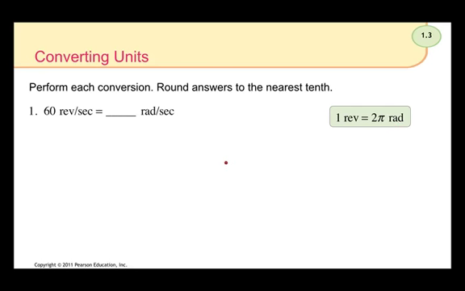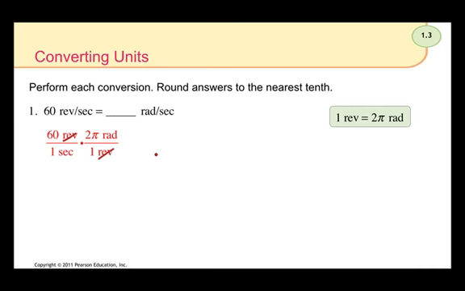So now I'm going to express this as a ratio, 60 revolutions over 1 second. And my goal is to change revolutions to radians. So I am going to multiply this by 1, or the following ratio, which is going to come from here. And I'm going to express it the following way. 2 pi radians over 1 revolution. Now at this point, you should be able to see why I expressed this the following way, because the revolutions, these units, are going to be able to disappear, and all I'm going to be left with is just radians